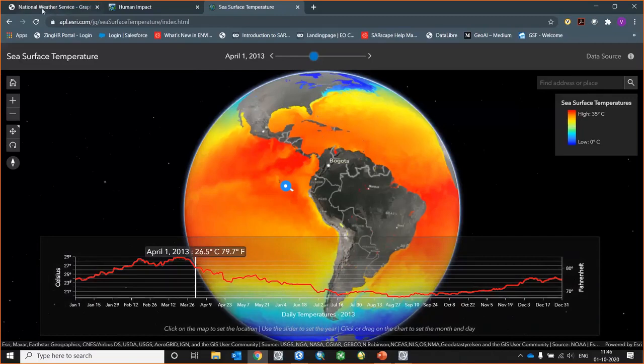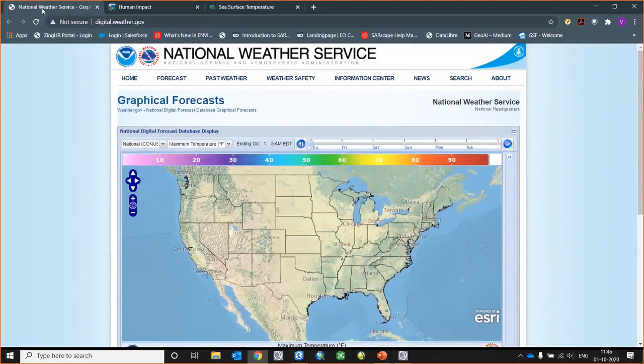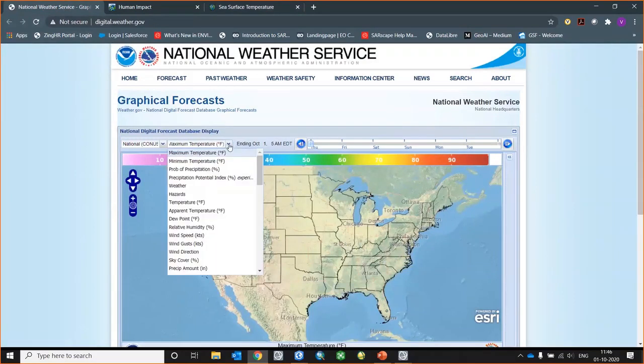One more thing we would like to show is the services that NOAA is providing. They have also done it for that. I was mentioning that you can add your variables over here. For example, you have variables like max temperature, min temperature, precipitation, humidity, wind speed, wind direction, sky cover. All this can be added to your tab. And for example, for this maximum temperature, I want to see how it's